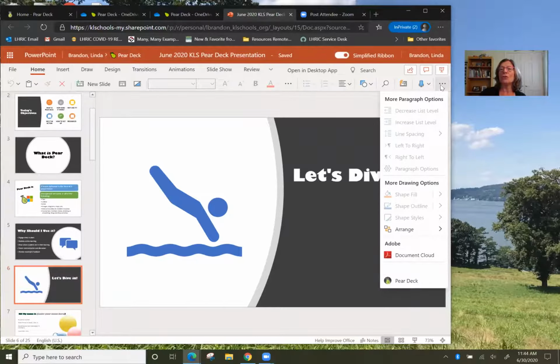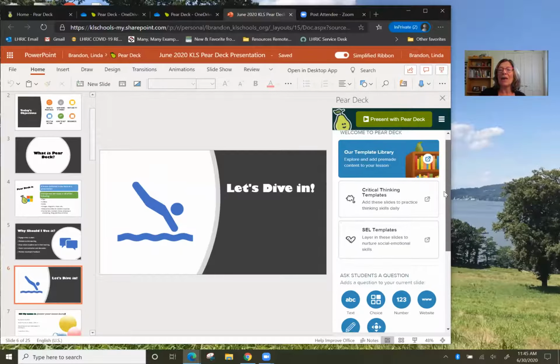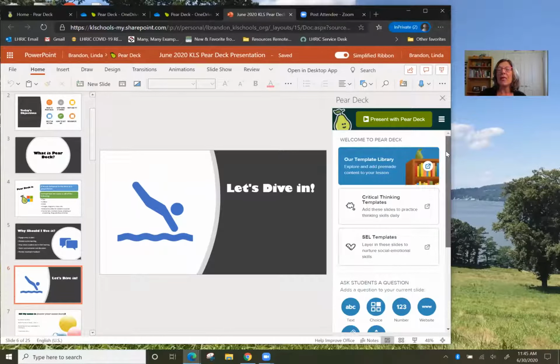So you can see over here now those three little dots. Now that I've added the Pear Deck add-in, I click on Pear Deck down here and I get a whole new menu that appears over to the right of the screen. You can see I can present with Pear Deck, and you'll also see down here that I have access to all the different tools available to me as a user of Pear Deck. These would be the templates that you can access, etc. But right now I'm simply going to present with Pear Deck to show you how quickly you can do this. So I click the Present with Pear Deck